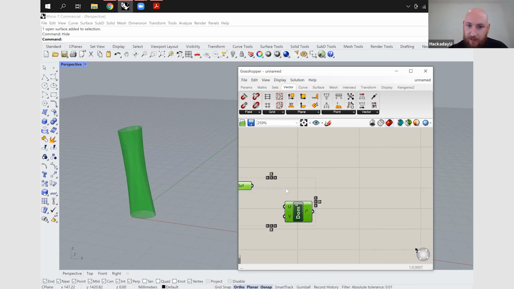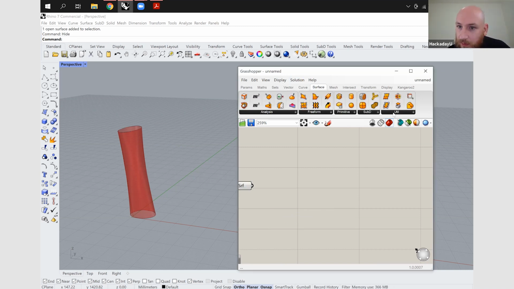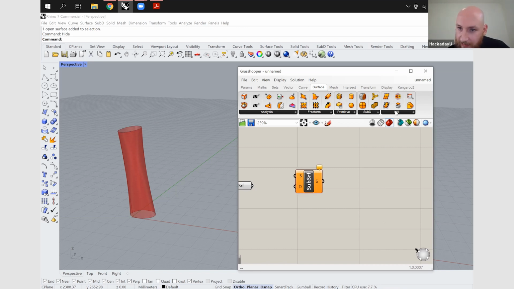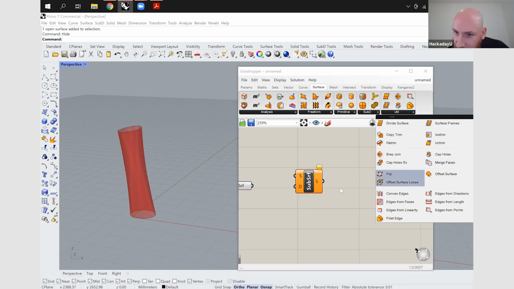Numbers and quantities. So one of them is going to be isotrim, and the other is